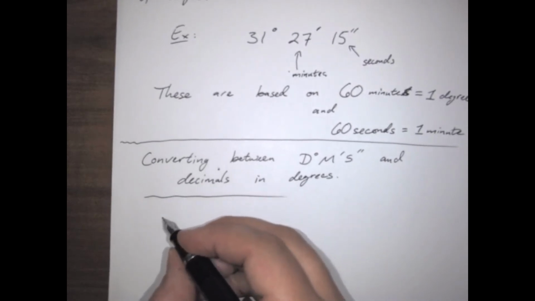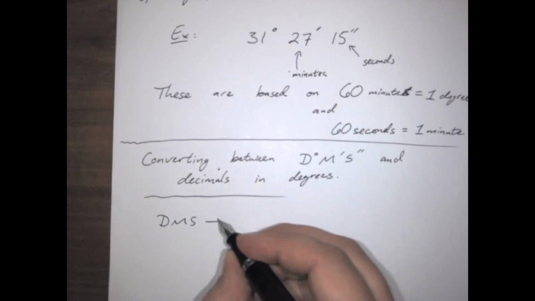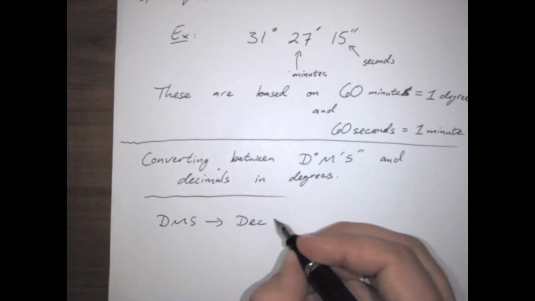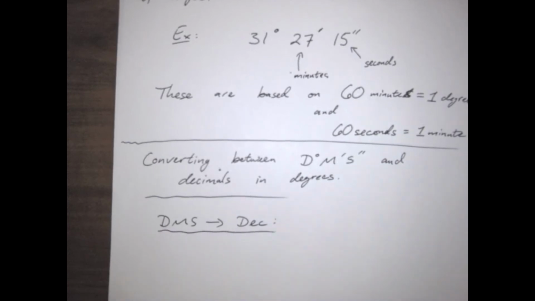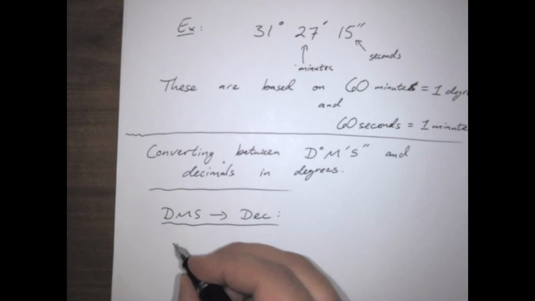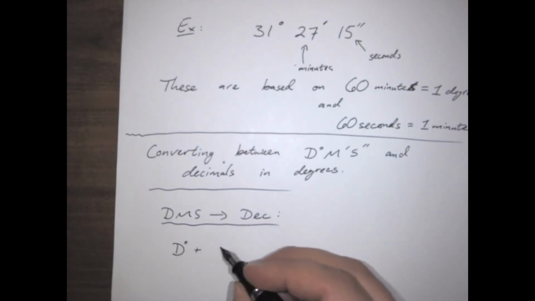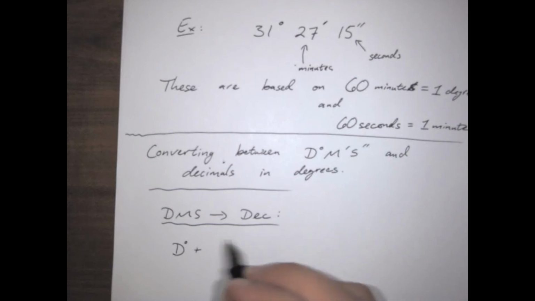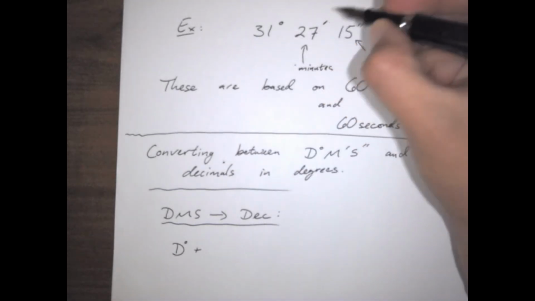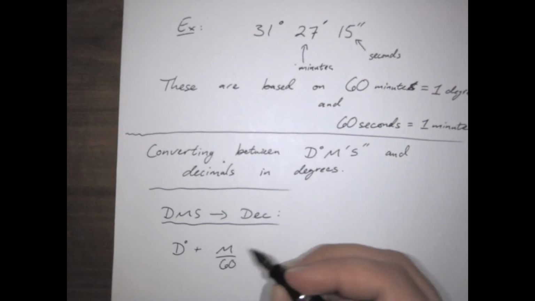So converting between DMS and decimals. Let's go DMS to decimal first. All right, so DMS to decimal. This is not so hard to figure out. You just think, okay, it'd be degree plus, and then basically you just take the minute part, and that would be 60ths. So minute over 60,